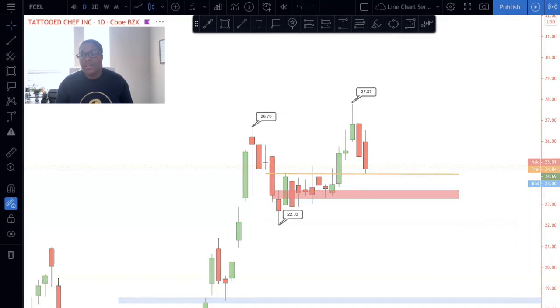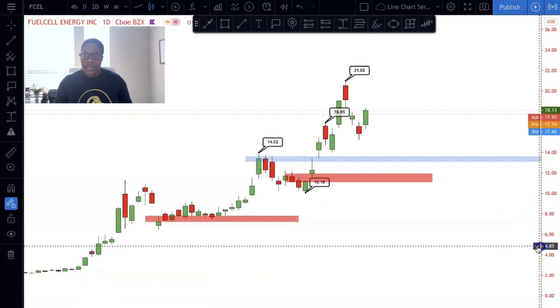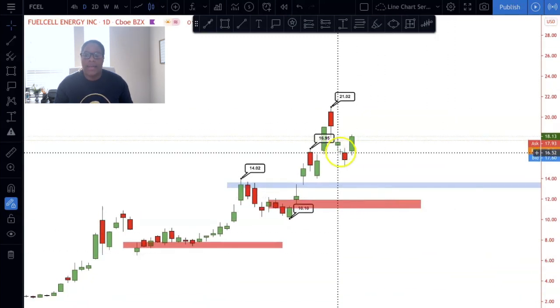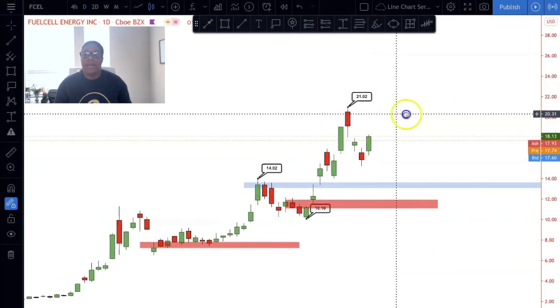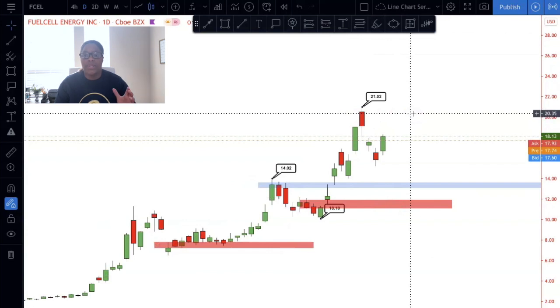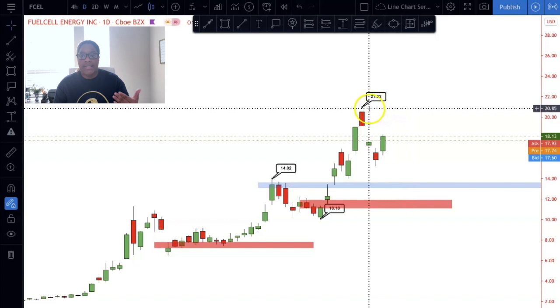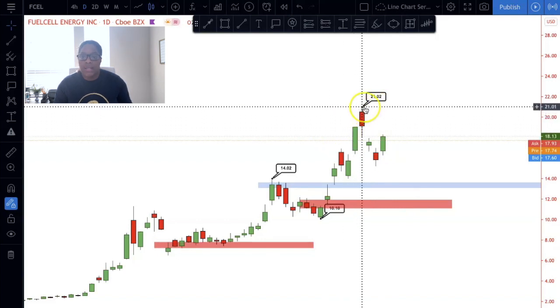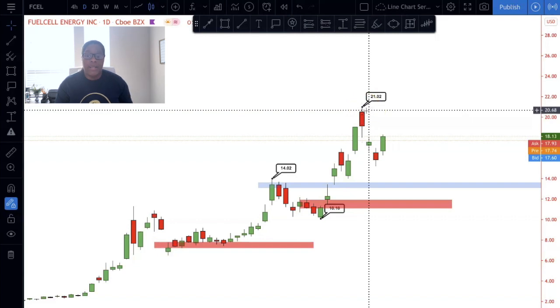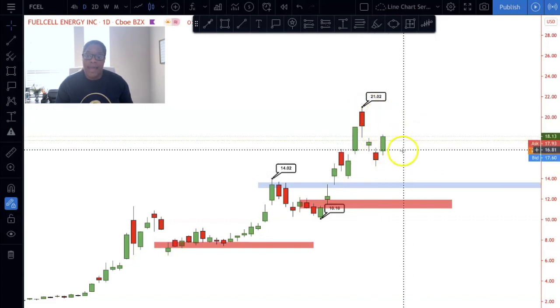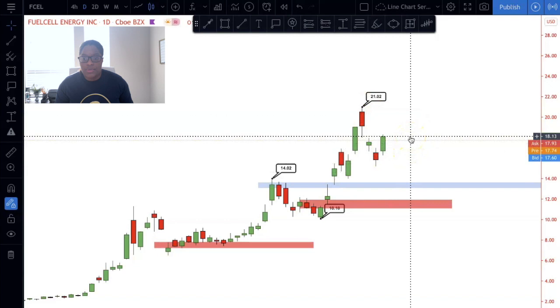The next one that we're going to look at is Fuelcell. And this represents the thing that we've been talking about here with technical analysis, right? When you're looking at the actual price chart. Now, for me, looking at it, I see that we went higher to $21 earlier in January, which was actually last week. And now price is pulling back, and we are getting some more bullish momentum.